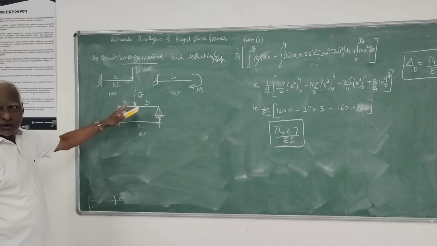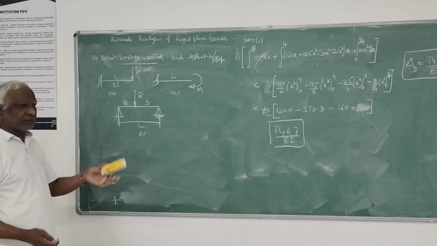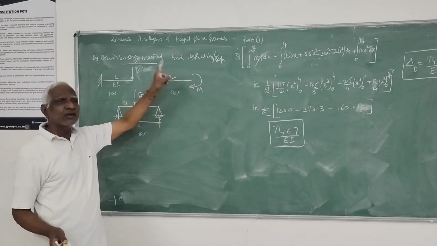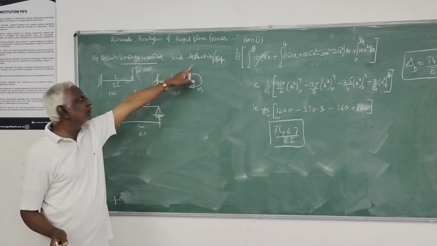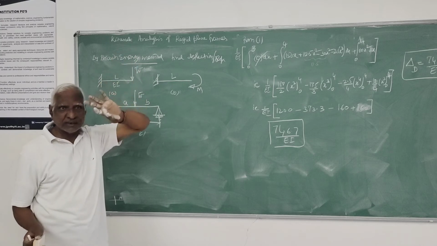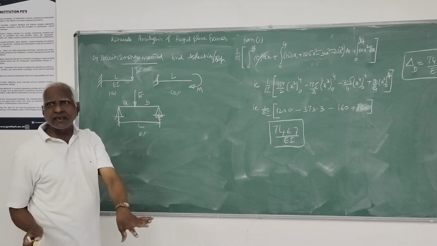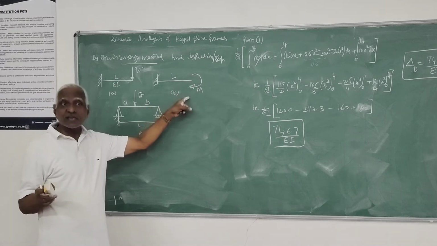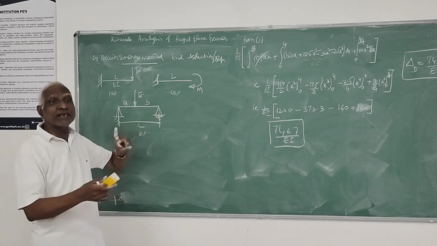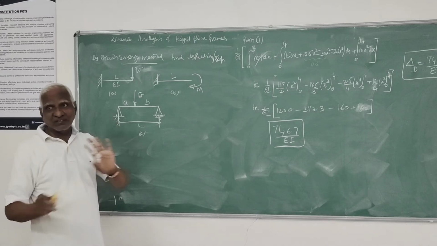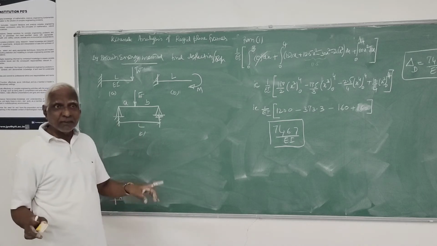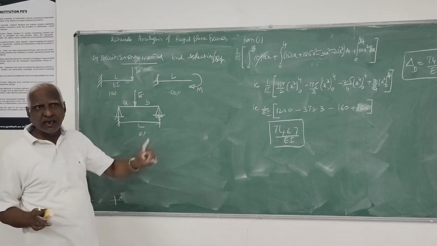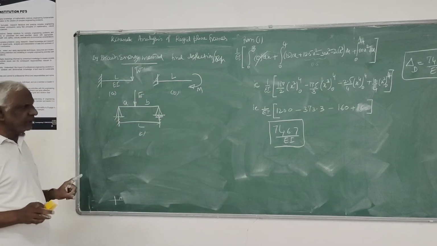That is load and deformation in the direction of the load. Here the load is vertical, so vertical deflection. Here the load is a moment, so you have to find the slope. That's why I told deflection or slope. Whatever the type of load in that load direction, what is the deformation? If the load is a moment, the deformation will be rotation, not vertical. Vertical also will be there, but you cannot determine it by the strain energy method. That's the limitation of this method.